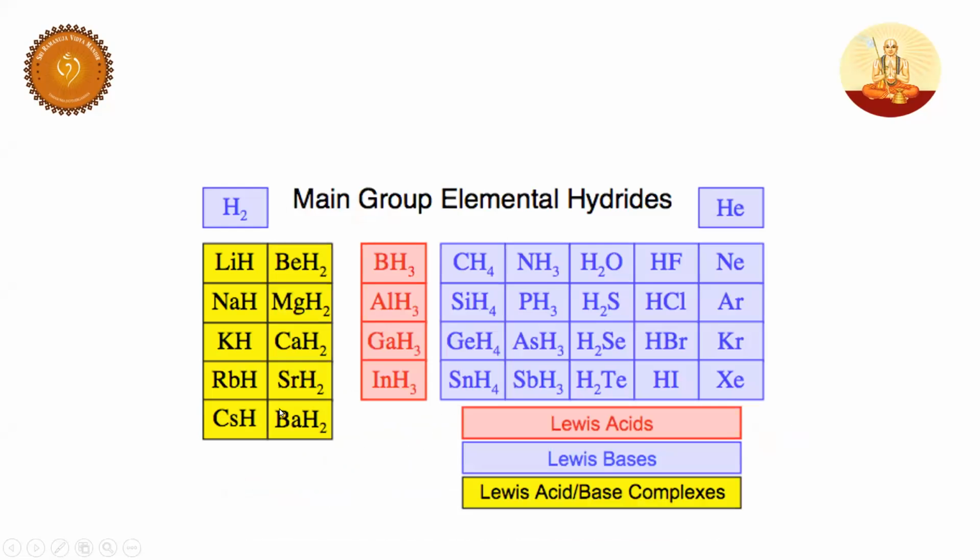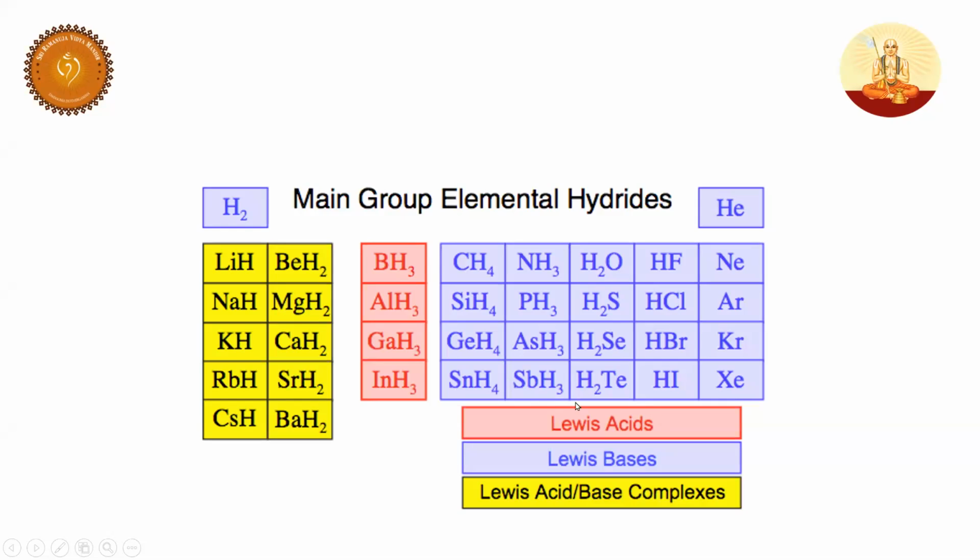Now, students, you have studied these hydrides in hydrogen and its compounds, right? I want to recap once. The yellow ones are called ionic hydrides. So you have different types of hydrides. There is a hydride gap. You can see here, what are the hydrides of the 4th group? CH4, SiH4, germane, SnH4. Now, what are the hydrides of the oxygen family? Water, H2S, H2Se, H2Te. And the hydrides of halogens? HF, HCl, HBr, HI, the halo acids.